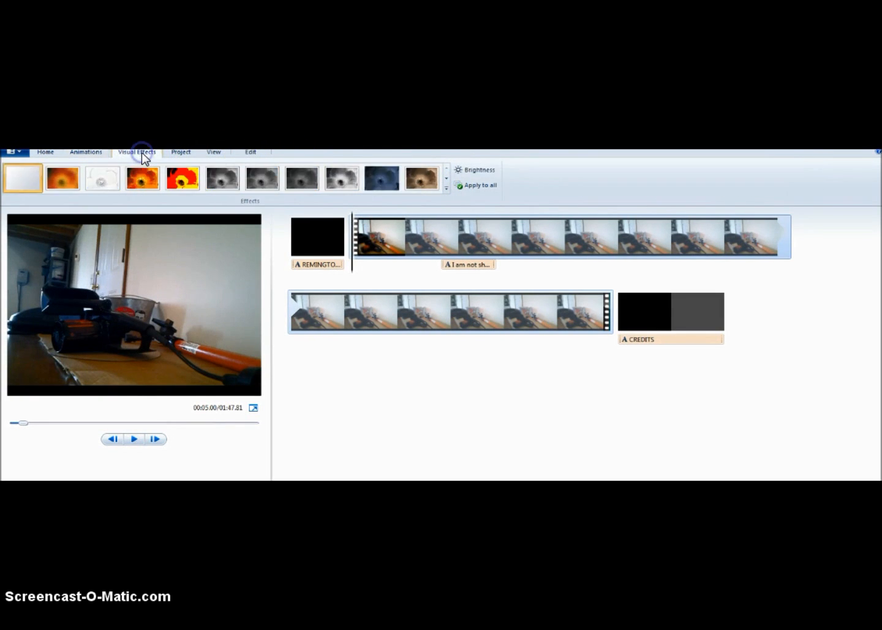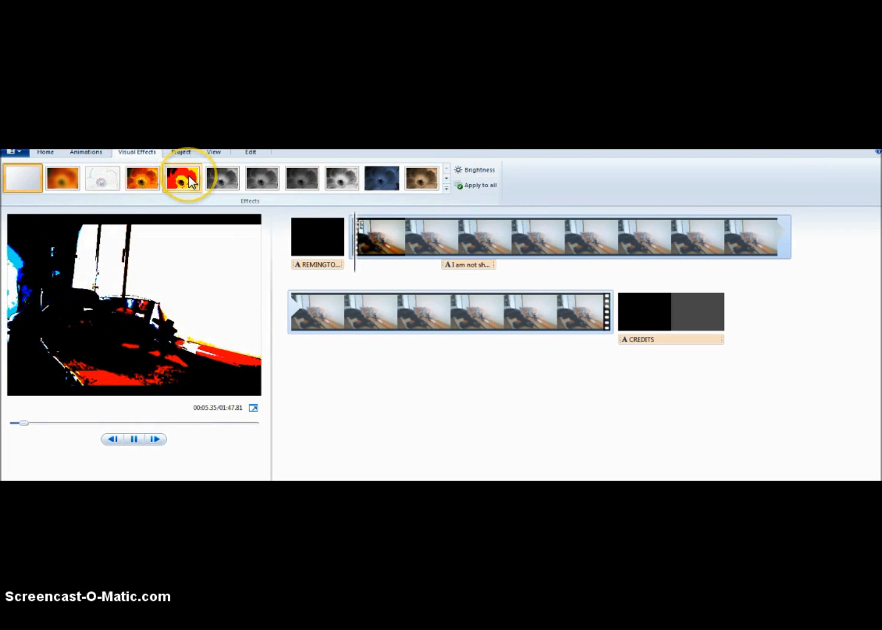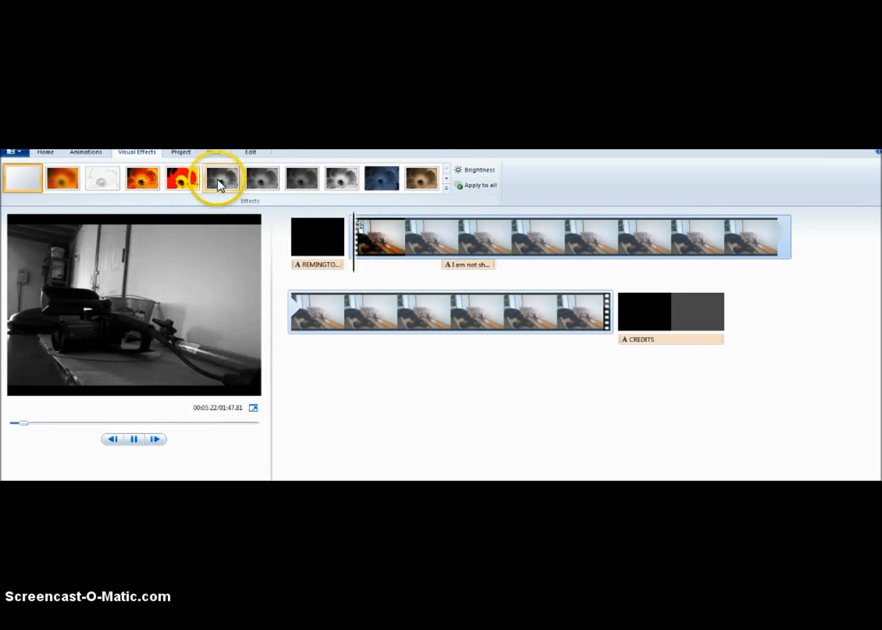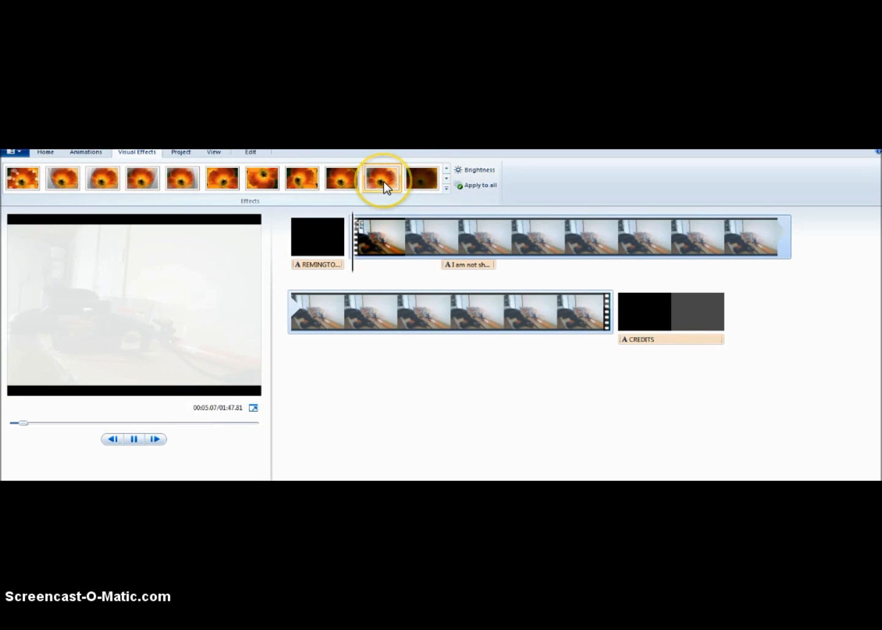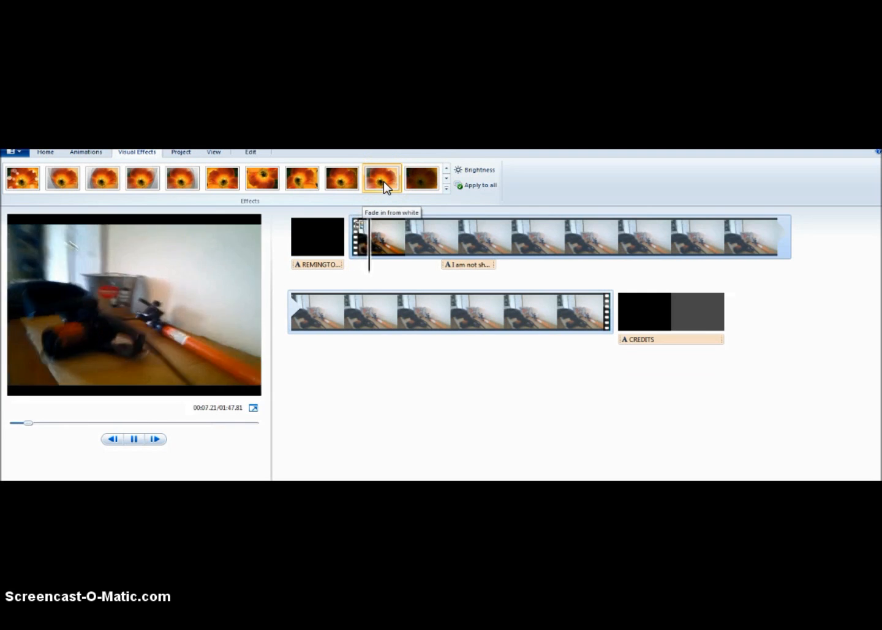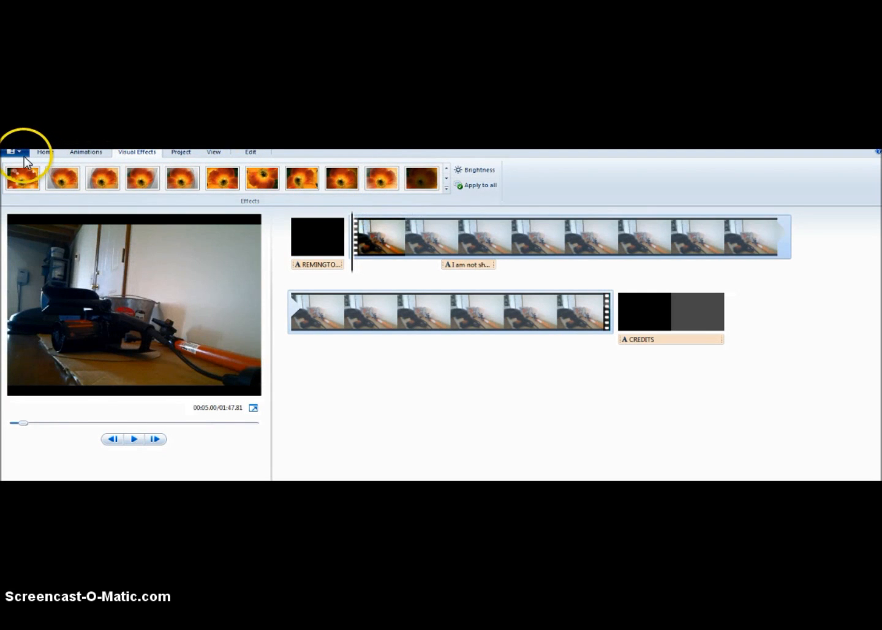You go to visual effects and it does the same things. You can add all kinds of neat visual effects, and this allows you also to change things. You can change brightness. Just the sky's the limit. So anyway,